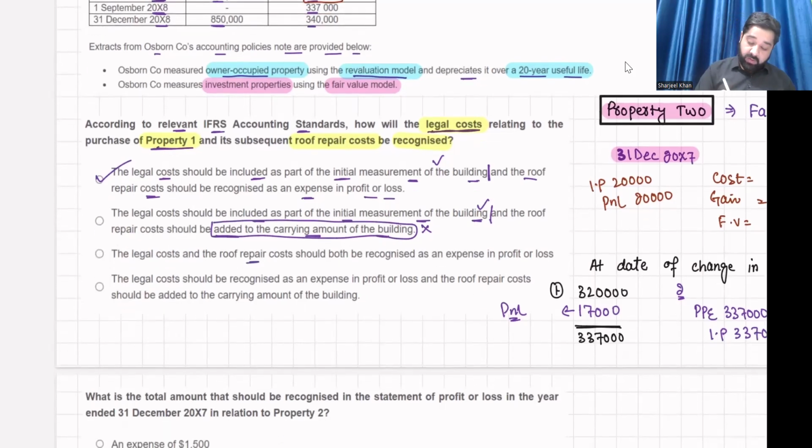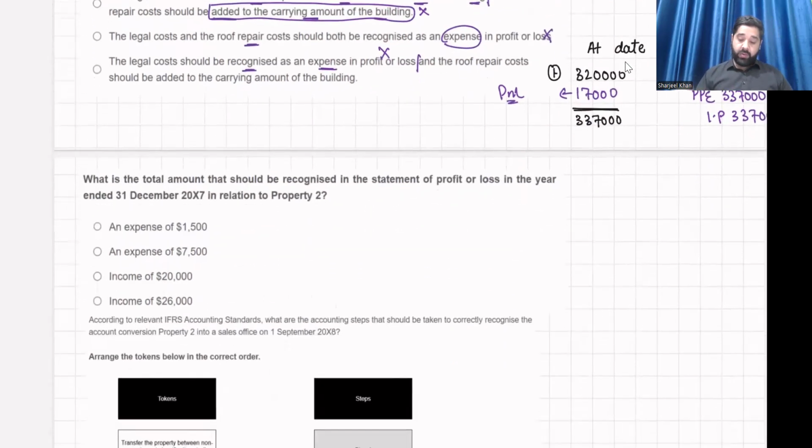The legal cost and roof repair cost should be recognized as an expense. No. The legal cost should be capitalized. So the correct option is option A. Now, next requirement. What is the total amount that should be recognized in the statement of profit or loss